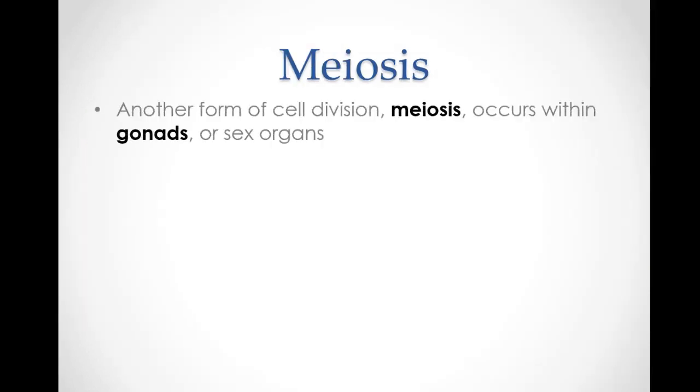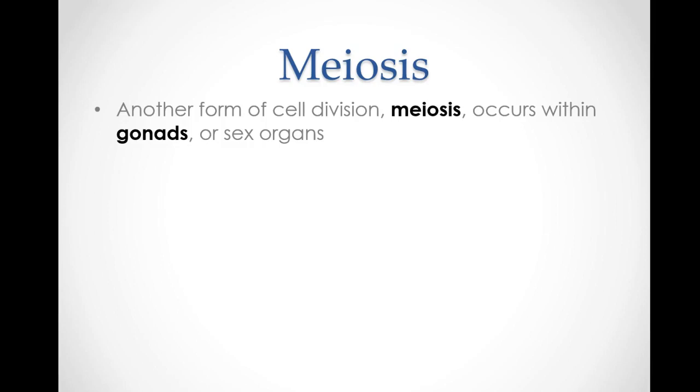All right, so two types of cell division that cells can undergo: mitosis and meiosis. This, of course, assumes that we're still talking about multicellular organisms, right? If you're a single-celled organism, you're really just going through mitosis. But as long as you are a multicellular organism, you have two options when it comes to cell division, mitosis and meiosis. Meiosis is a very specialized type of cell division, however.